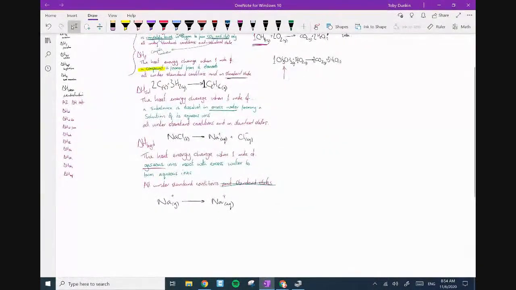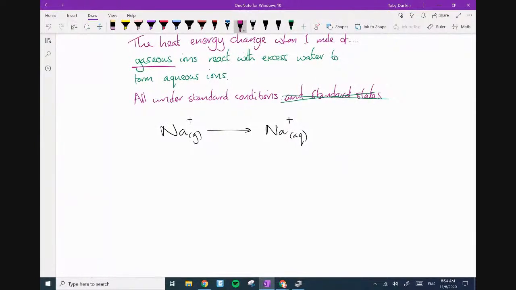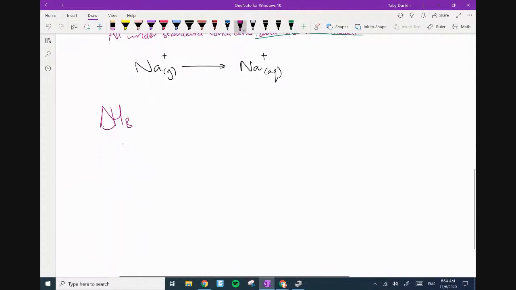Yuck. Next, bond dissociation. Delta H B. The enthalpy change when 1 mole of. I love these definitions. The enthalpy change. No, don't like that. You can put the heat energy change, it's allowed. By the way, you're not allowed to say heat change. You'll lose it. The heat energy change when 1 mole of